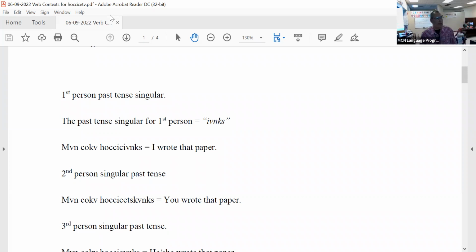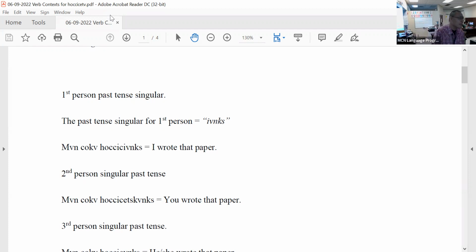Now we can use other verbs as well. I might want to use guabida. That means like to lift up, like a table or something like that. And I might say, ohombida guabeyanks, you know, like I lifted up that table yesterday.